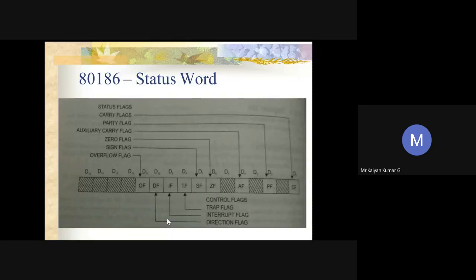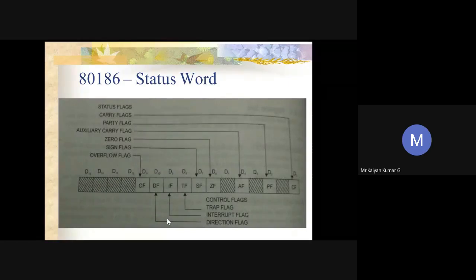And the auxiliary carry, I think even this was asked. The question was: when will the auxiliary flag be set? This was a question asked in MCQ2. Normally the auxiliary flag will be set whenever a carry or a borrow occurs at the lower order 4 bits of AL after performing any arithmetic or logical operation. Otherwise, it will be cleared.